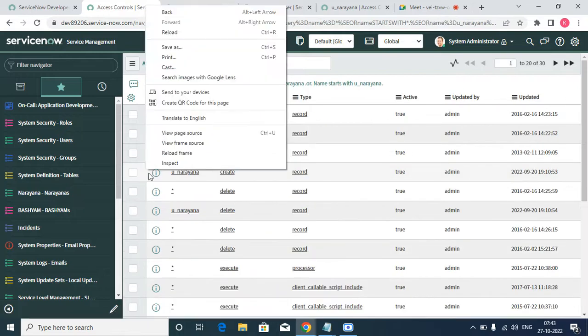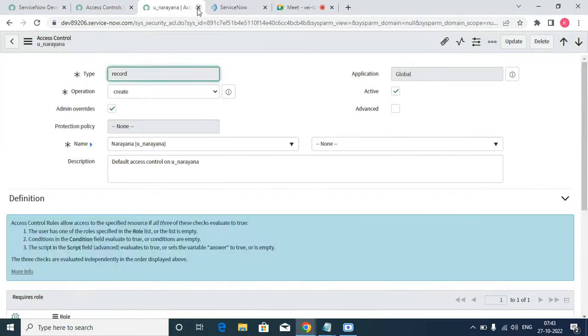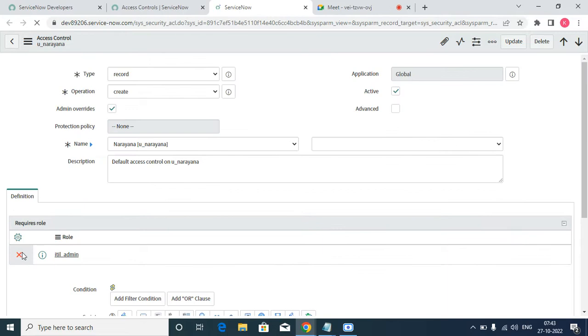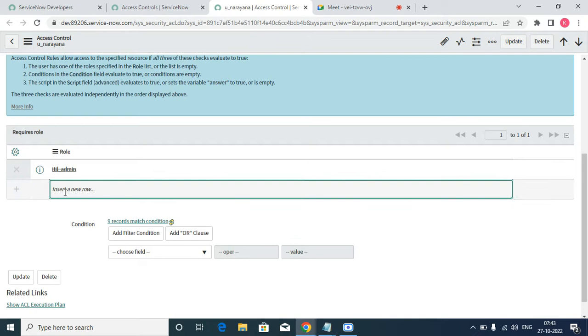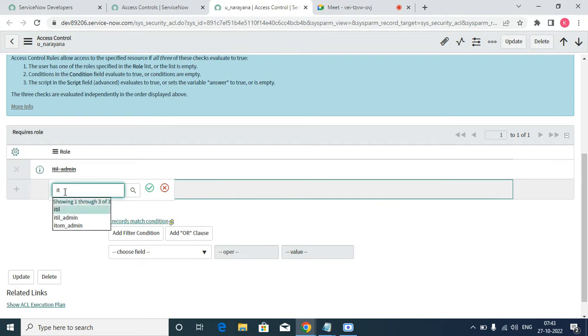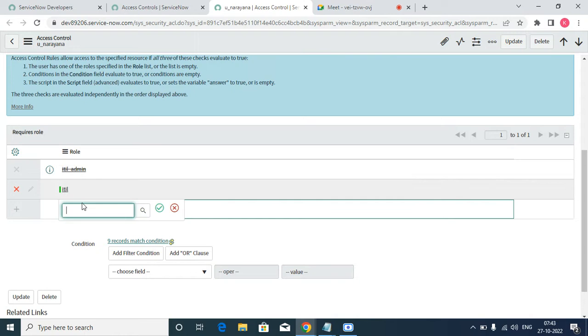This is what we modified. Now what I am going to do is remove this ITIL admin role, and the next one is u_